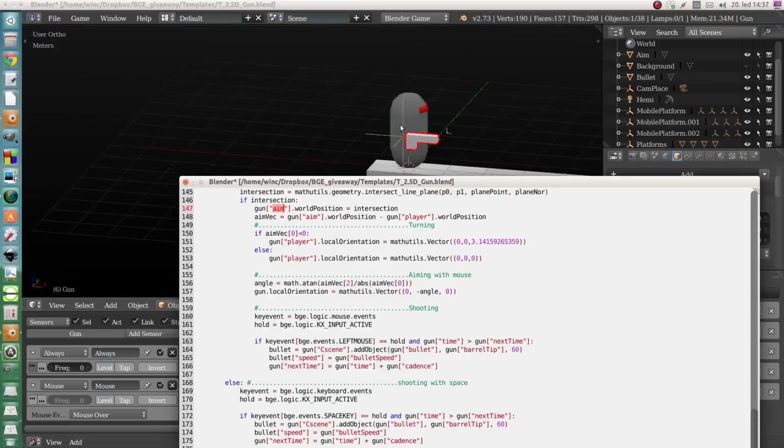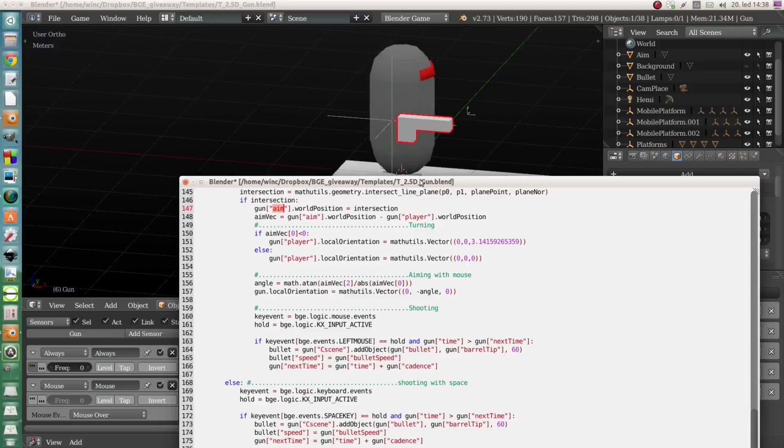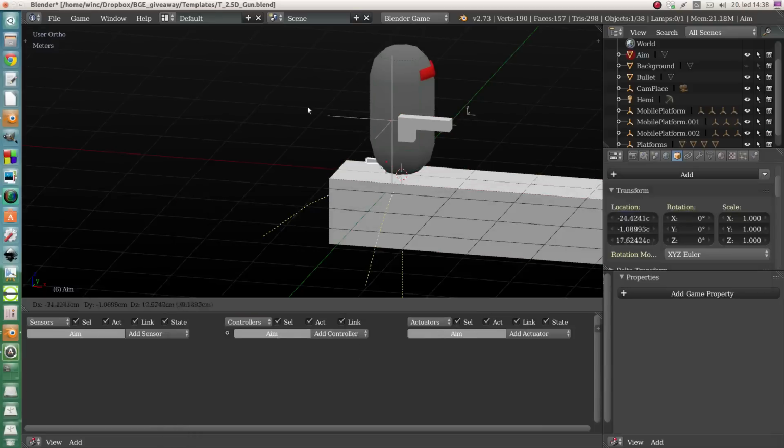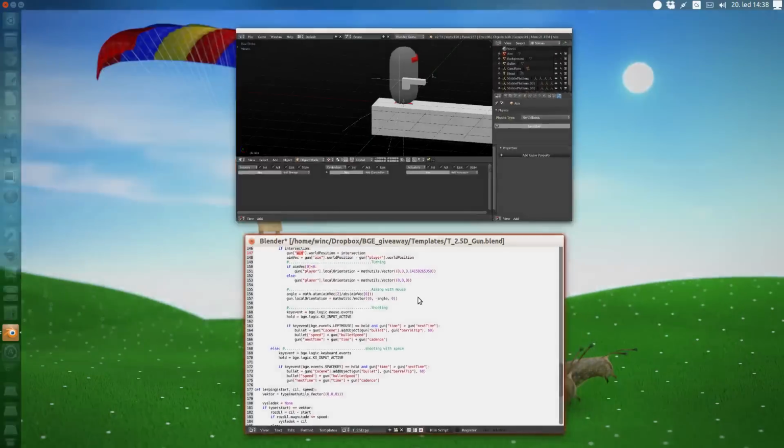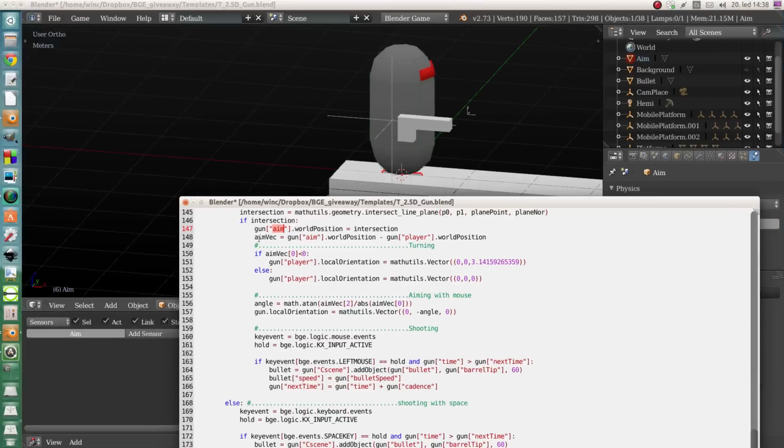The gun aim object is hidden here. It's this cross. It's nothing more than an object shaped like a cross and set to non-collision, so it doesn't affect the scene anyhow. And at this point I am calculating the vector from the player to this cross, and according to this vector I am